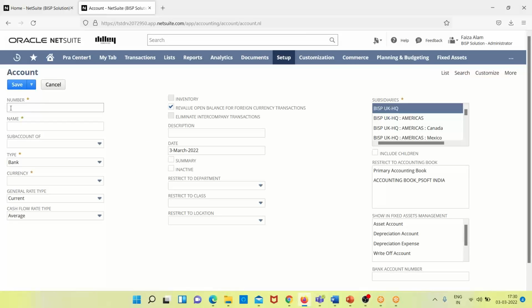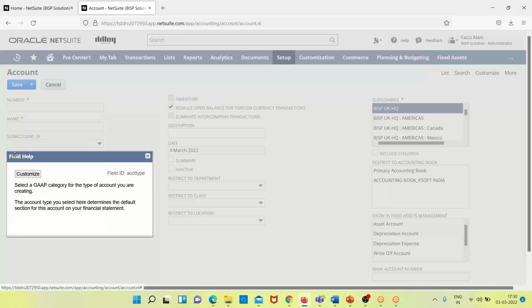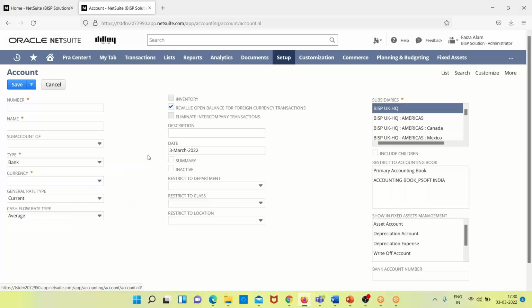So first we have to mention the number of this account that we want to create. Then we have to mention the name of it. If this account is a sub account of any account, we have to mention it. This is also a mandatory field, under the type. The account type you select here determines the default section for this account on your financial statement. So every field over here is quite self-explanatory. We can simply click on it to have